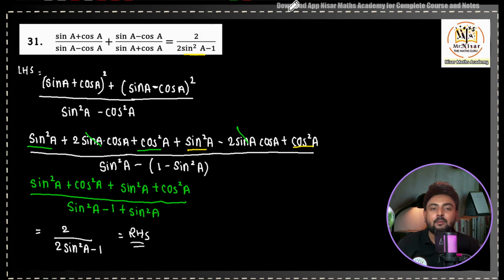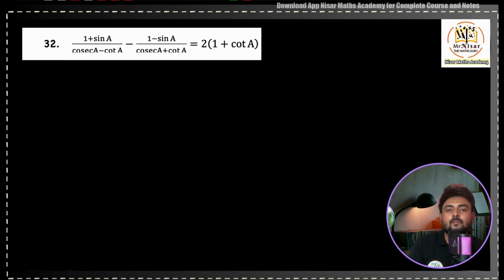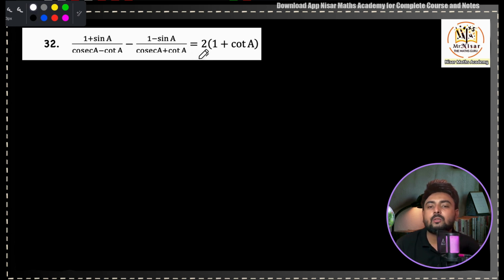This question again depends on the concept of cross multiplication. The next question is (1 plus sin A) upon (cosec A minus cot A) minus (1 minus sin A) upon (cosec A plus cot A). We have to prove it as 2 (1 plus cot A). So children, what I'll do here, I'll cross multiply. I'll take the same concept for LHS. We'll cross multiply 1 plus sin A